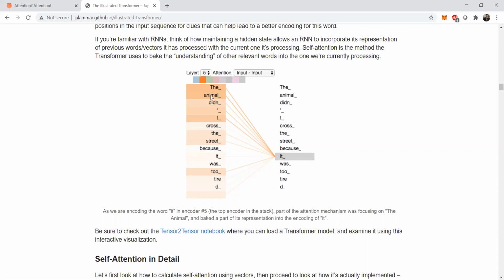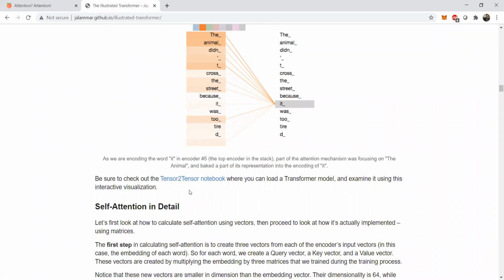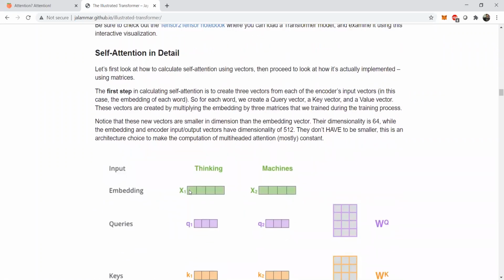And this is where the concept of self attention arises. This tensor to tensor notebook by Google Research is very important, and you can go through it to examine how this attention mechanism works in a sliding window manner. Now, if we were to expand this concept mathematically, as to how self-attention works, essentially there are